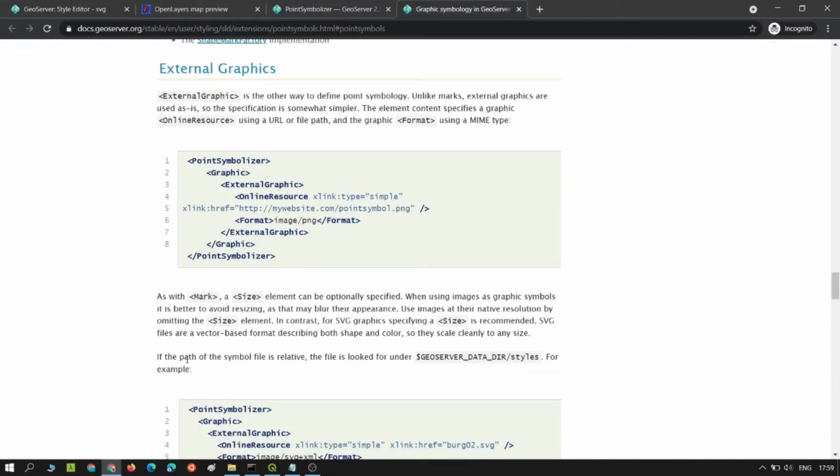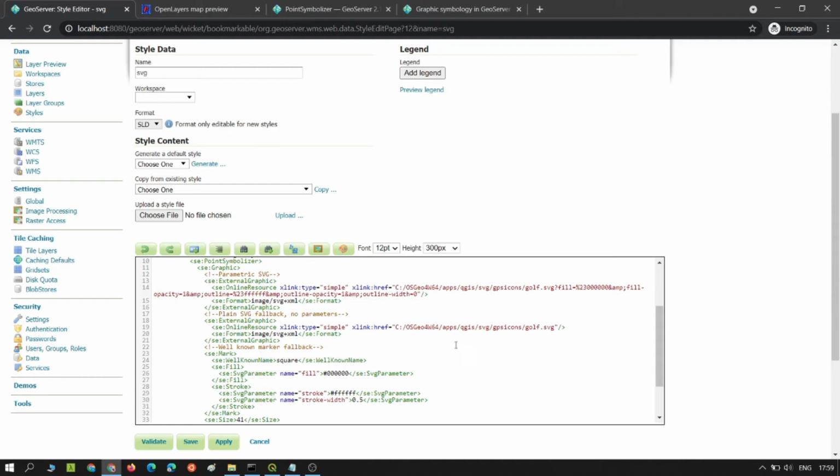What it says is, if the file path of the symbol is relative, the file is looked for under the GeoServer datadir/styles. So we actually only need to provide the file name, say golf.svg, and here as well.